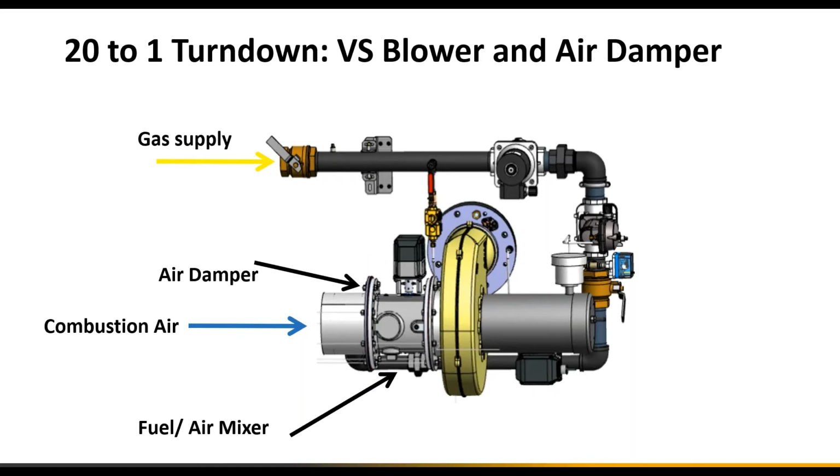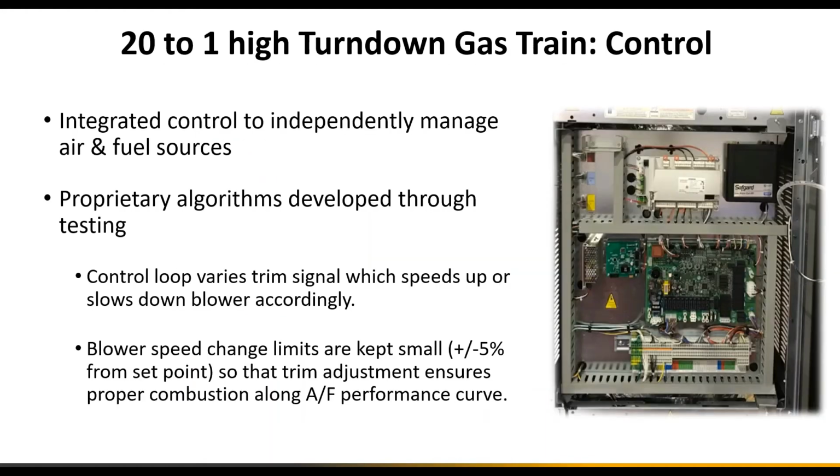the gas is coming in, it goes through the fuel control valve, we have an air damper, and then the air and fuel are mixed in the air fuel mixer on the intake side of the blower. The blower's pulling it in, microscopically blending and mixing the air fuel mixture together, sending it into the burner, into the boiler for burning. And then with the O2 sensor in place, moving on to the next slide,